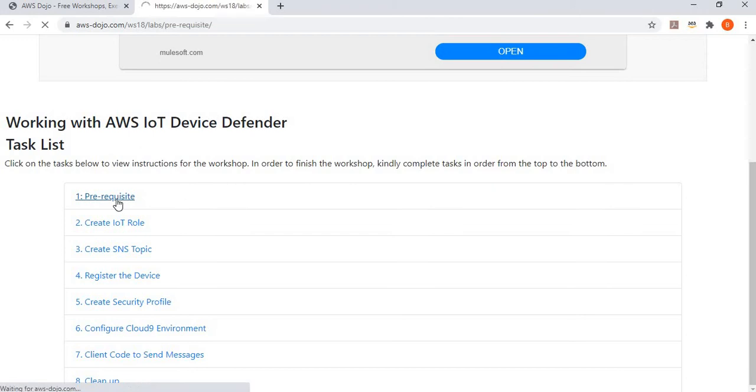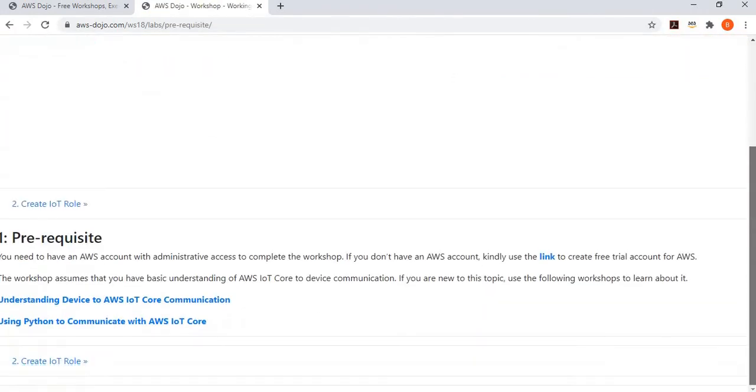So let's go to the prerequisite step. In the prerequisite step, the first prerequisite is that you need to have an AWS account in order to complete this workshop. And if you don't have one, you might want to use this link to create an account. Now, for this lab or workshop, we have assumed that you know how device to IoT Core communication works, how MQTT messaging works, and how the whole publish-subscribe model works. If you know, then good enough, you can move forward to the next step. But if by any chance you don't know, then you might want to visit these two other workshops,